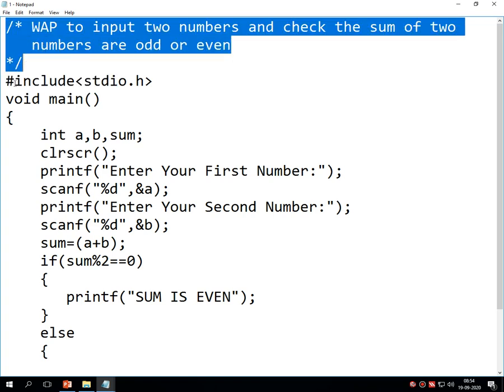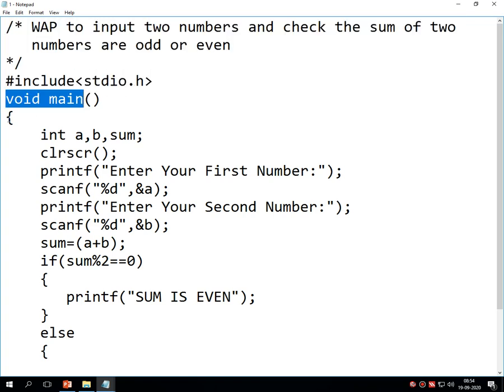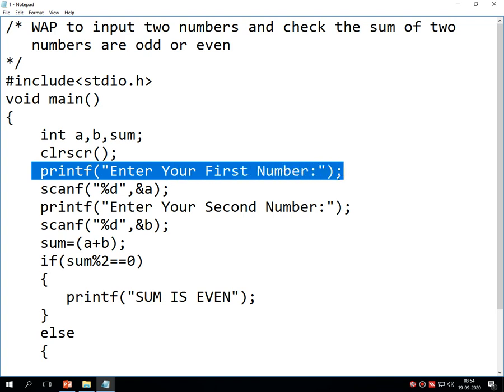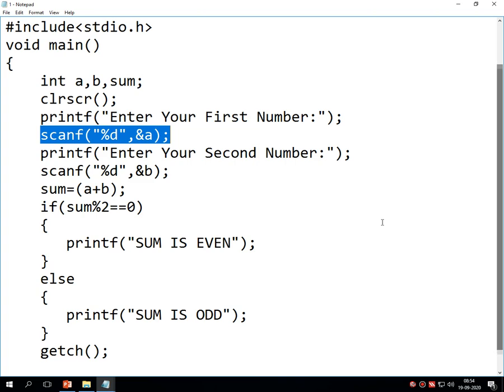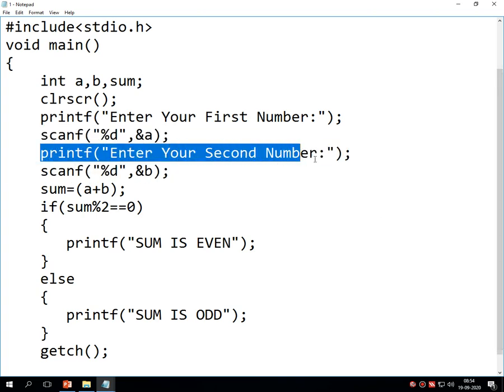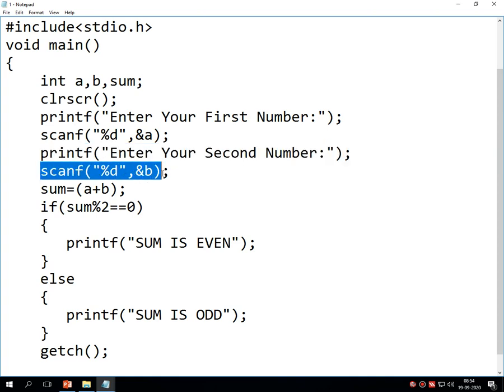After the commented section and the structure of C, you can see that there are three variables: integer a, the first number, b, the second number, and the total of these two numbers, sum. clrscr, printf enter your first number, which is read and stored by this scanf statement, scanf %d and &a. Then printf enter your second number, scanf %d and &b.